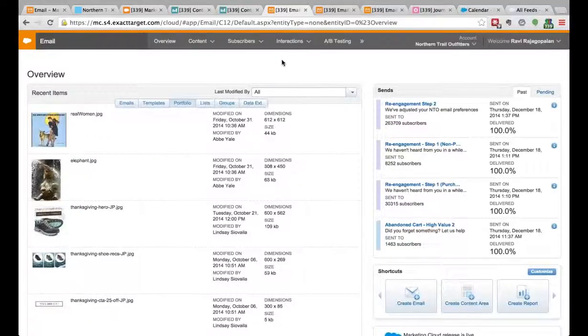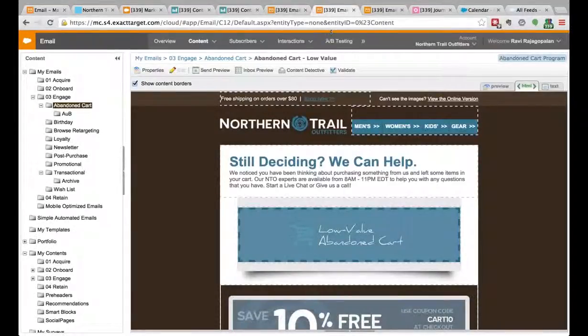But let's go ahead and take a look at one particular email just so you can see a little bit about what happens in the email process. So I'm going to go over to this one email called abandoned cart low value. So this is an email that Northern Trail Outfitters sent